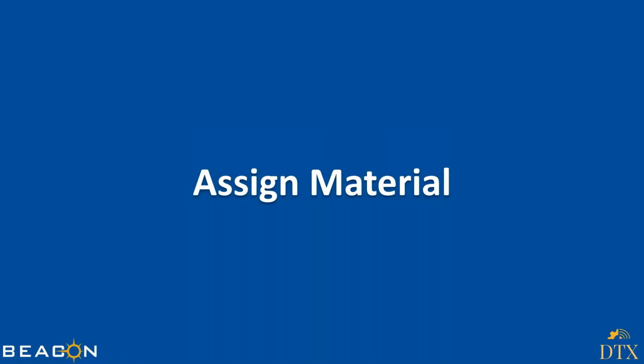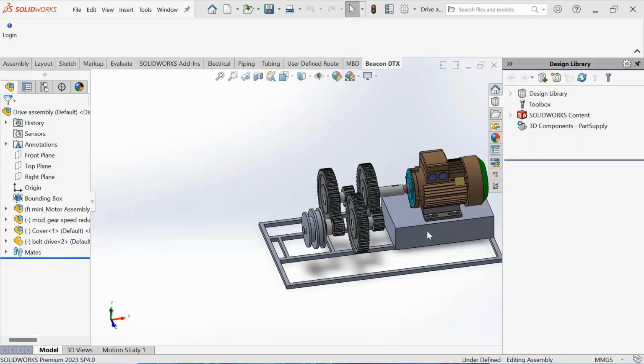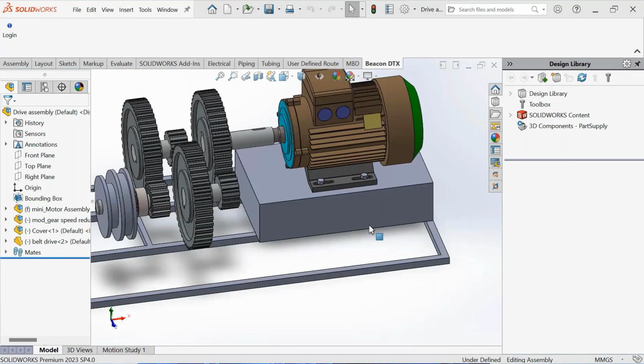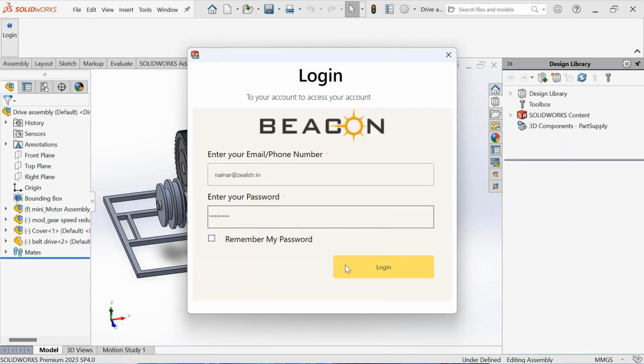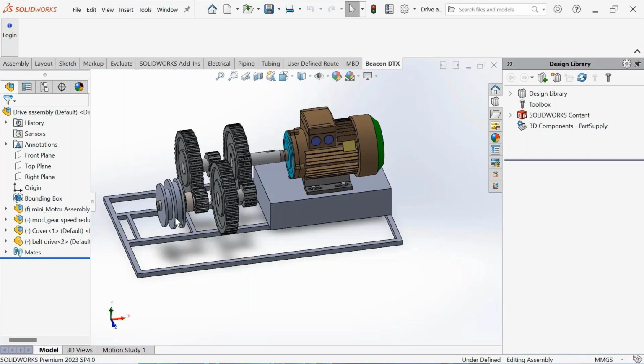Further, let's look at how we can assign materials. The next step is, once I have the materials, I'll be utilizing these materials to assign them to the CAD model. Here I have one CAD model where I can go to the property of a component and then start assigning. Here also we have a plugin where you can log in with your credentials,